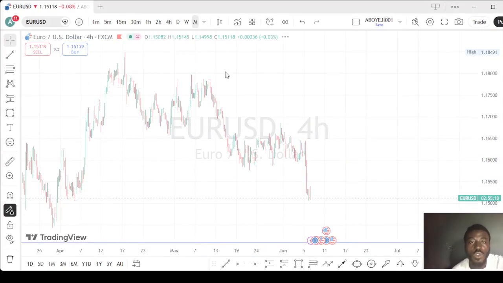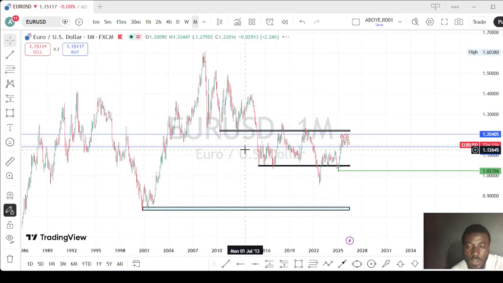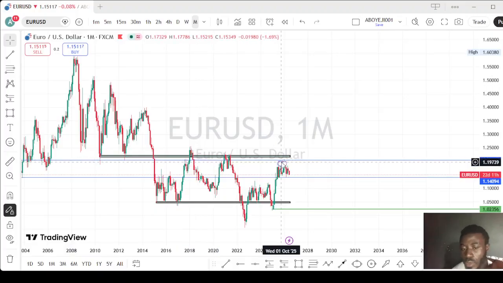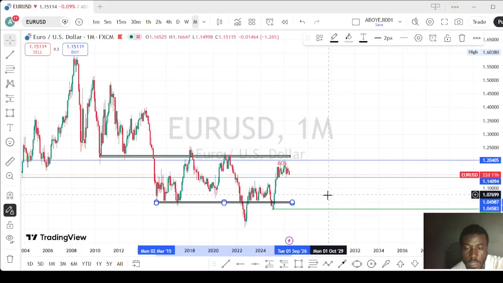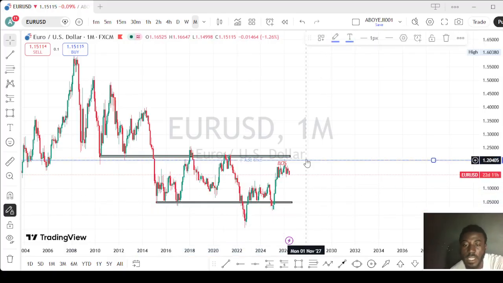This is EU also. For the monthly time frame, this is what we are having. These are our key levels here. If I see the key level, market just gave us... So we are expecting the market to mitigate this here, but this is another key level. This is a liquidity swept here on the monthly time frame. So let's just be focused. Let's see what the market is trying to give us.